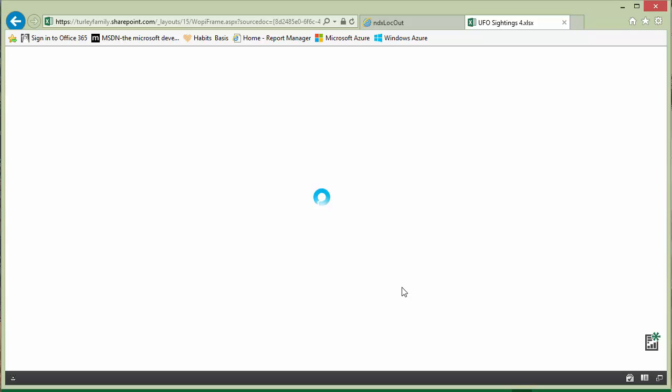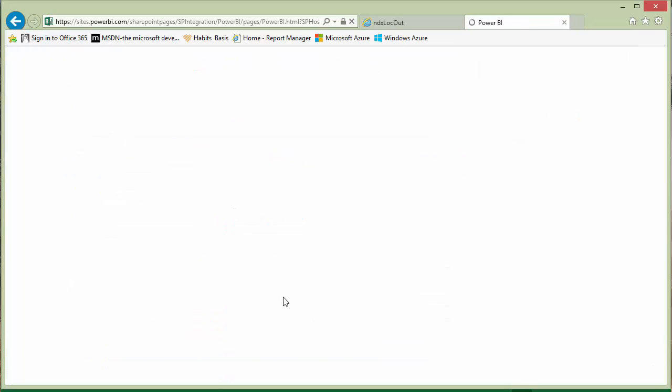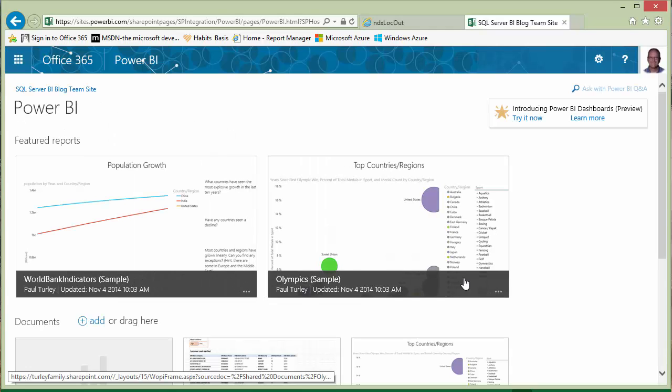And we'll open the report and browse it. So here in my web browser, we should see the PowerView sheets served up through Excel Services. There you see the sheets down there on the bottom. There's the visual we were just looking at. So I'm going to go back to my Power BI